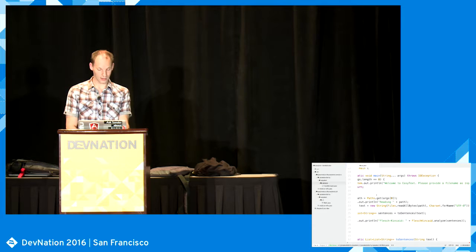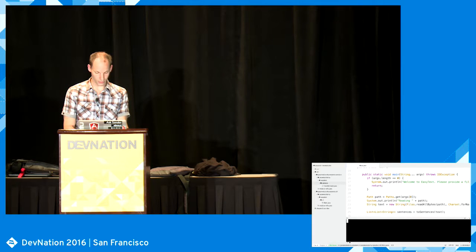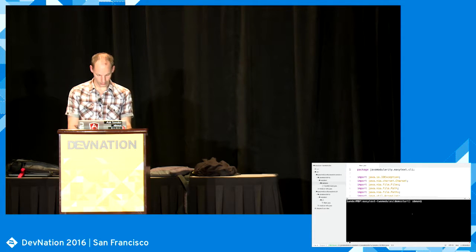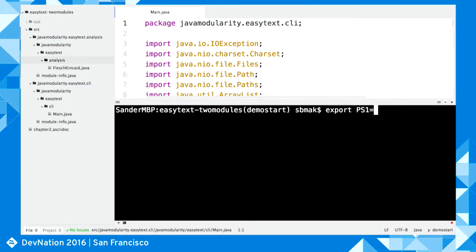And let's see how it works when we want to try to compile those modules and see what has changed there. So let me open up a terminal. And let's make it a bit nicer. And we're going to change to JDK 9.